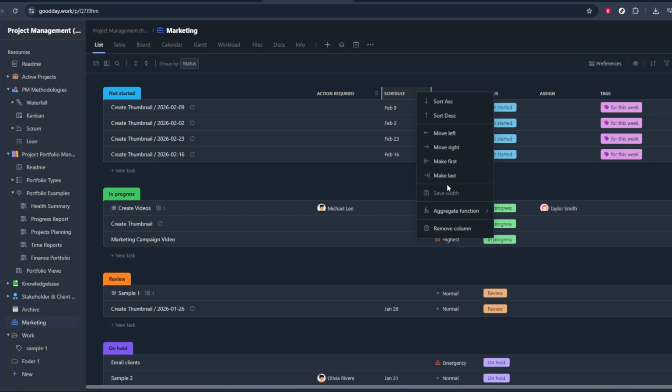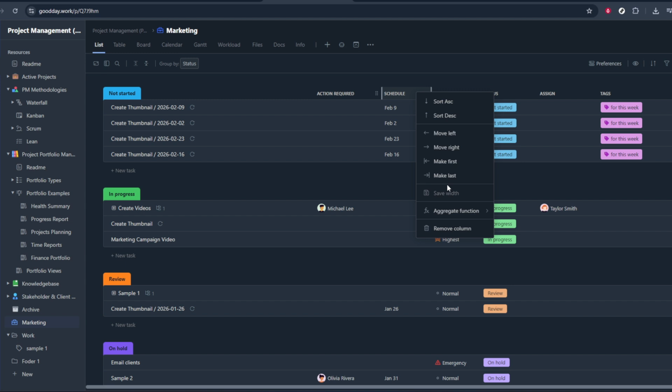This is a good moment to double check that you've selected the correct column, because once removed, you may lose that specific structure and any settings associated with it. After you confirm, the column will be removed from your project view. Your board will automatically adjust, and the remaining columns will shift to fill the space. If you no longer see that column in your board, you'll know the removal was successful, and that's all there